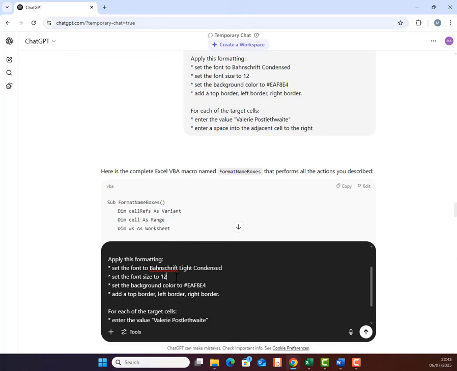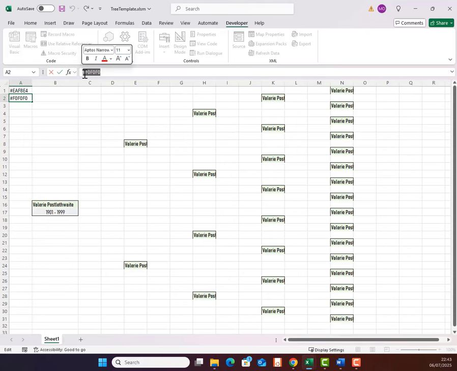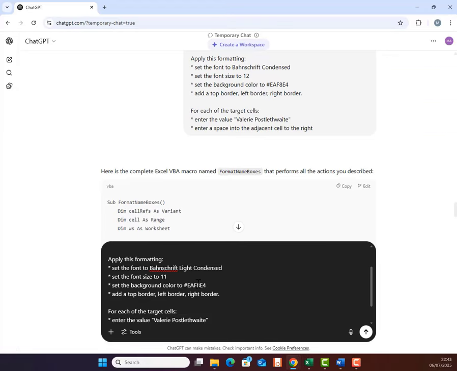I want the font size to be 11. The background color, I'll just go and find it in my notes. I kind of stuck it up here. Was the background color to the name. This was the background color for the date. So I'll copy this. I'll actually just, instead of copying the cell, I'll just copy the value here, and I'll